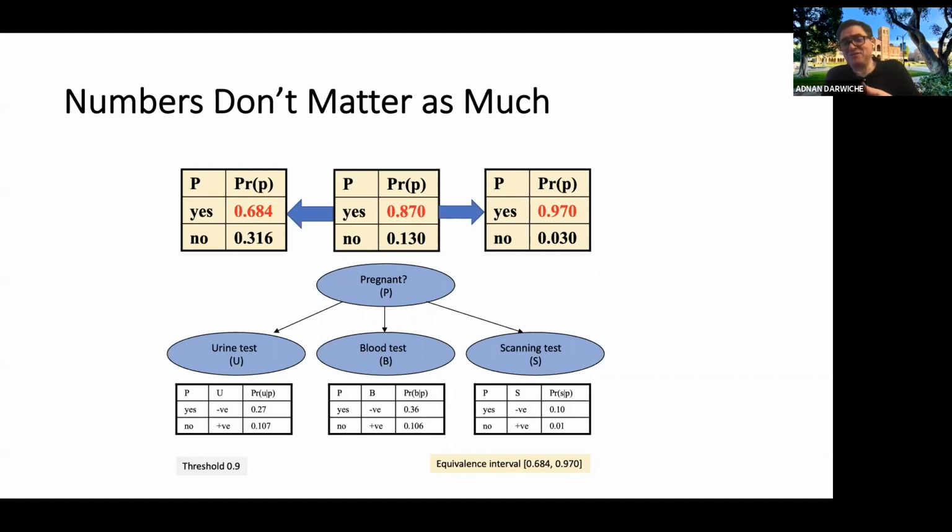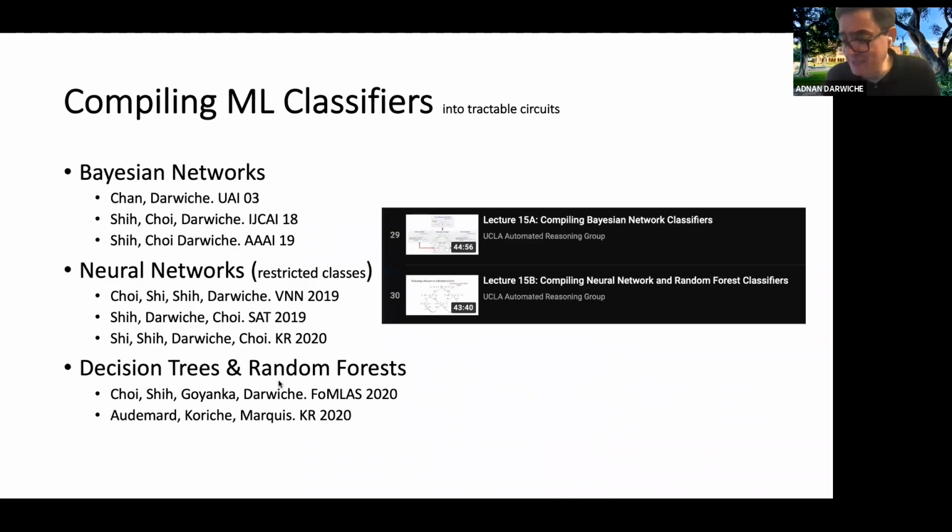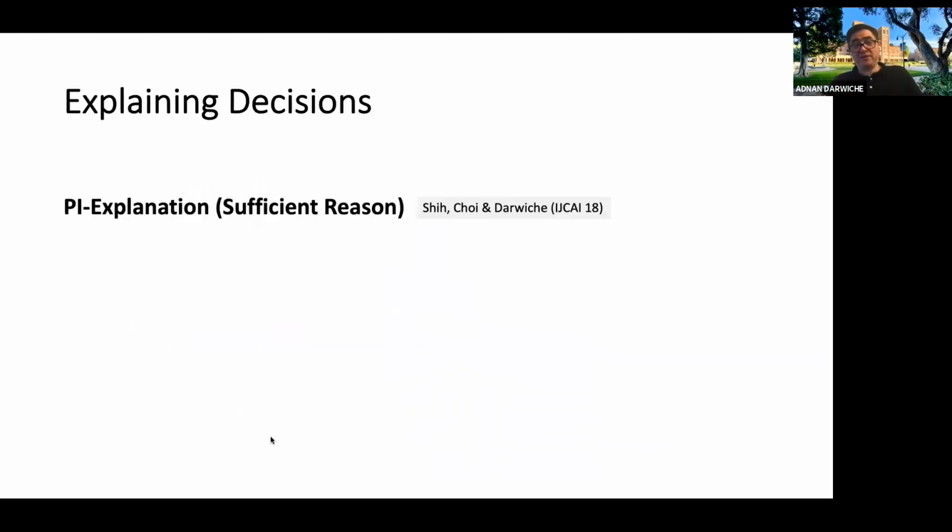But to make these observations, you have to operate in another world, where the probability is and so on. So I'm going to leave it at this. I'm just going to mention that, again, for this course that I pointed you to, there's a couple of lectures on compiling these types, if people are interested. But I'm going to go on and continue with the discussion of analysis. What can we do with these tractable representations once we get them? That's an interesting subject